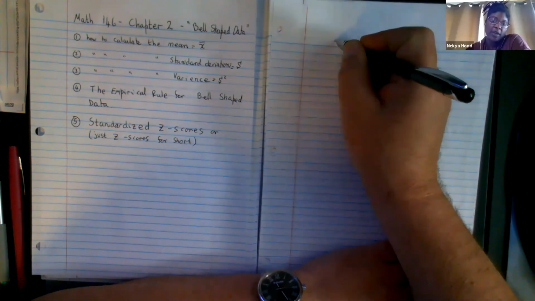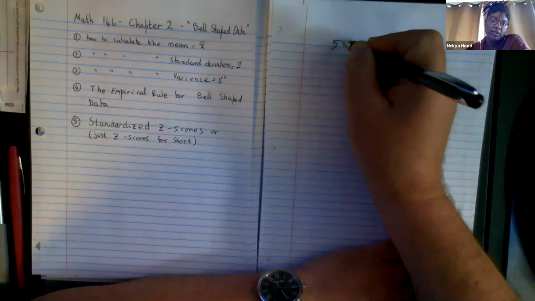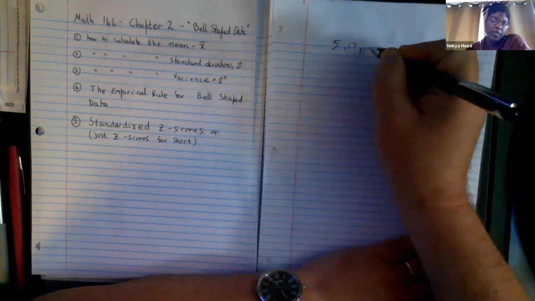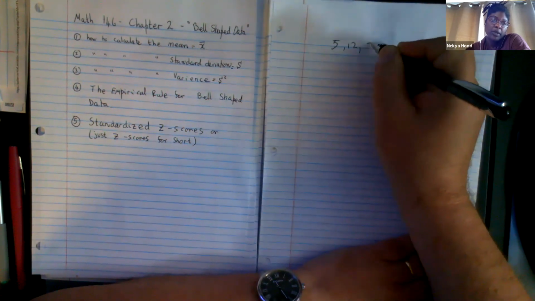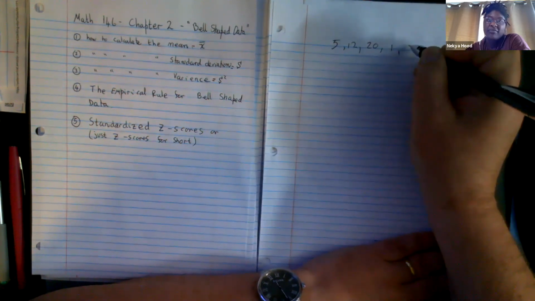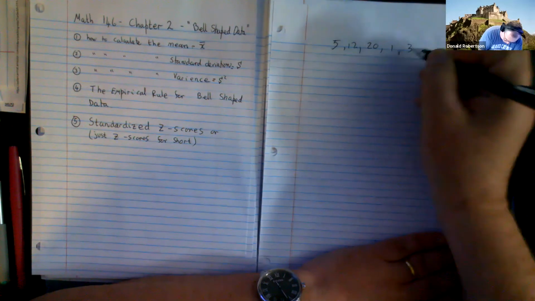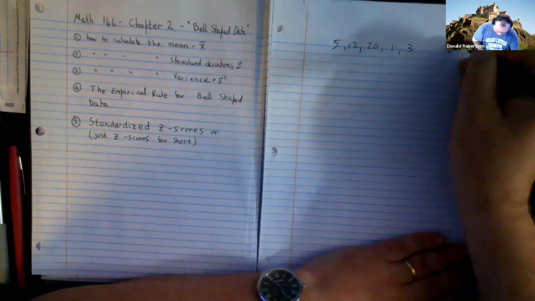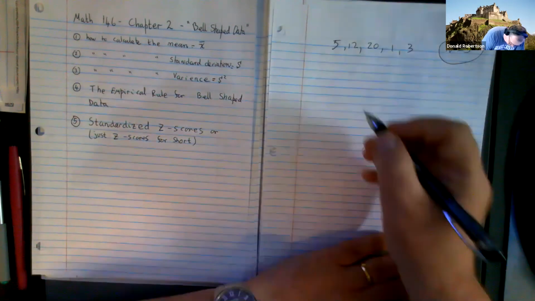5, 12, 21, and 3. Do I need one more? So we are going to find the mean, standard deviation, and variance